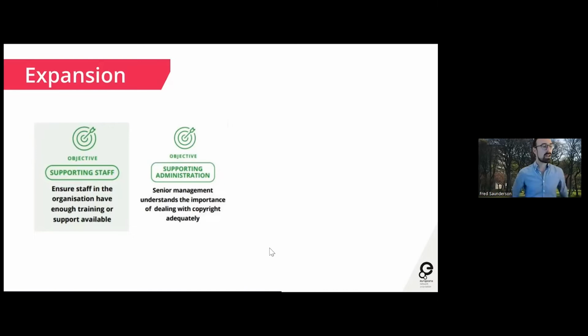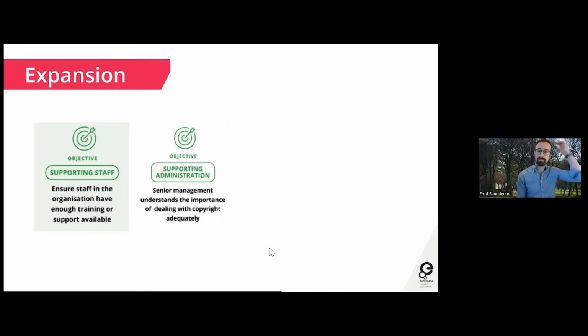So I think this again is really important if you want to really embed copyright and start to underscore the importance of copyright to your activities as an organization. It's not just that your colleagues and yourself need practical understanding of copyright and ability to get guidance and support. It's that your senior managers, the people with the purse strings, the people who make strategic decisions, understand, first of all, that copyright exists, what copyright actually means for their strategic objectives and for their activities, and that they grasp the significance and importance of copyright, because that's the only way that they're ever going to resource it.